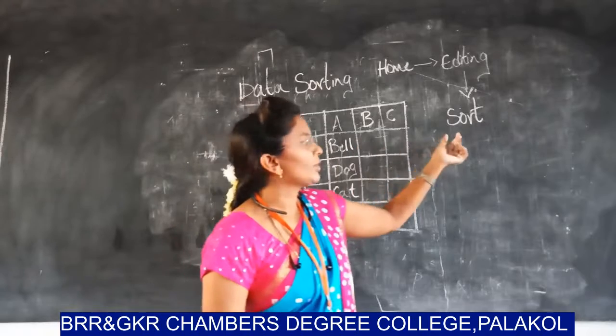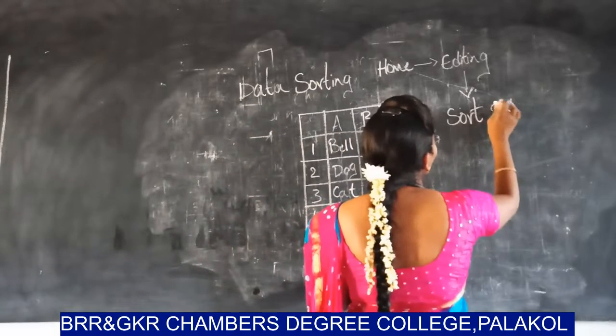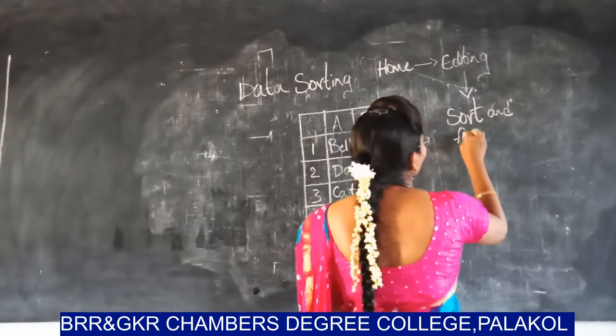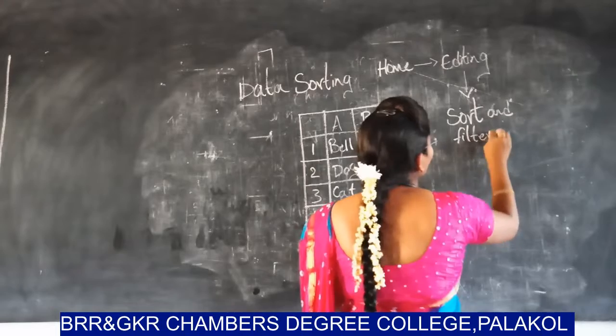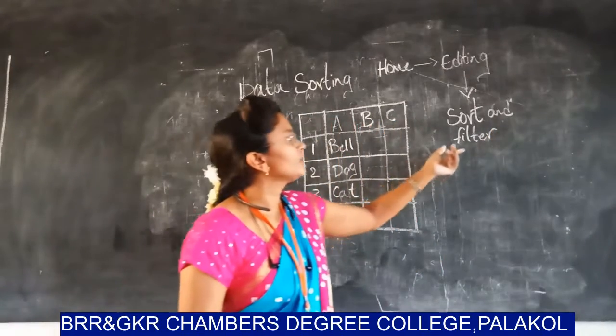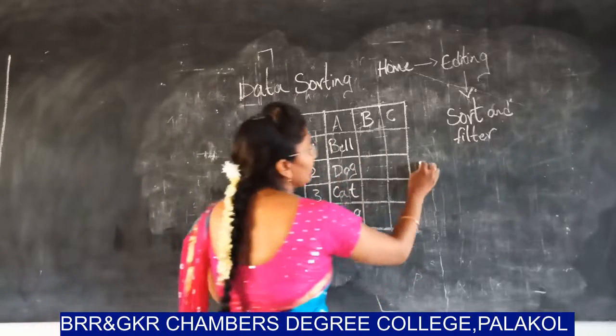Click on the sort and filter option. Here also I am writing sort and filter. Sort and filter option will be available in the editing group. Click on this sort and filter option. This is one way. And the second one is